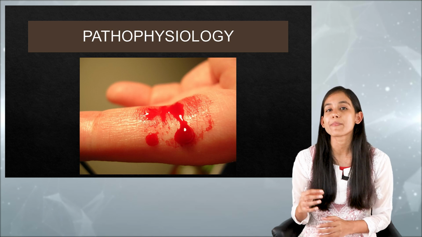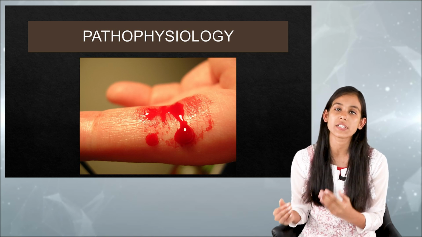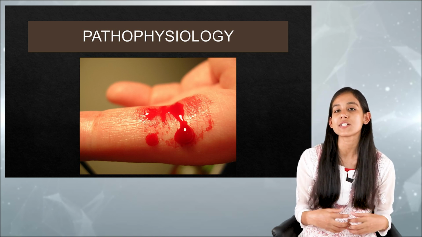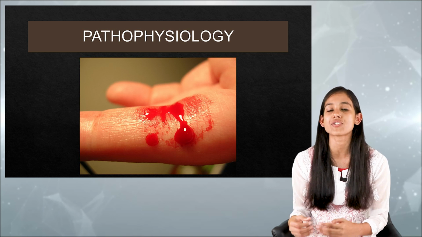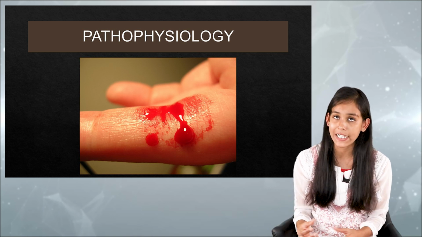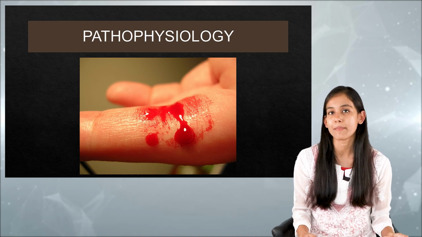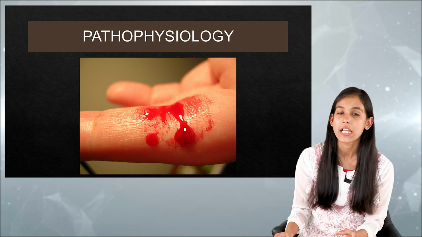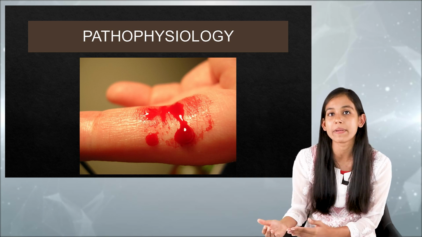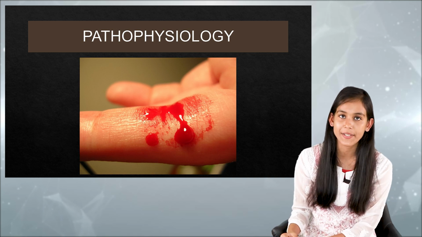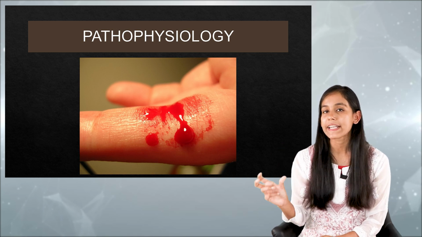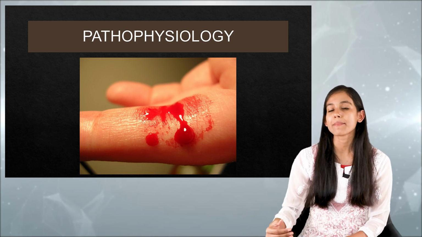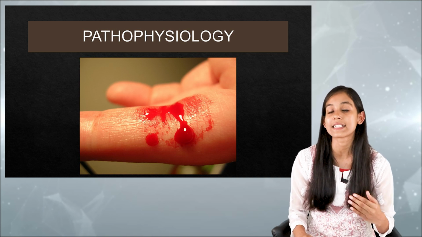Now, vasoconstriction is a primary response that happens just after the cut or damage to the blood vessel wall, and then some platelets would adhere to this damaged vessel wall, and then it would become activated. Now these activated platelets would recruit some additional platelets to form a plug, because the bleeding which is happening has to stop, right? Now the formation of this platelet plug is called primary hemostasis.